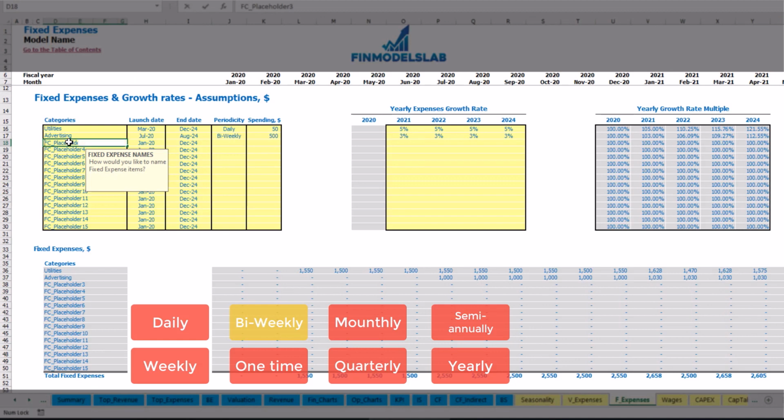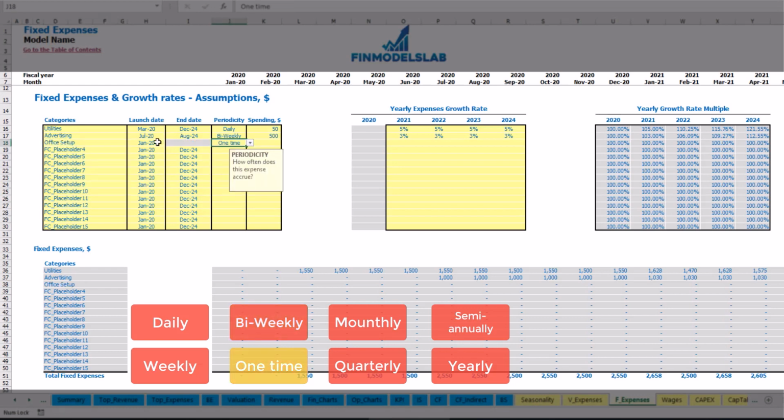Another option, office setup, which can be a one-time payment, which will happen in February 20 with an amount of $5,000. Obviously, you should not input any growth rates because this is just a one-time fee, and you may see that office setup will happen in February 20 with this amount. Another option,